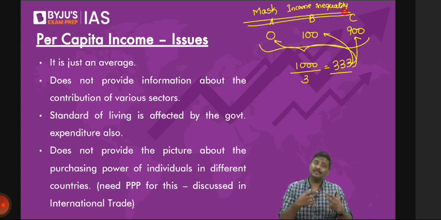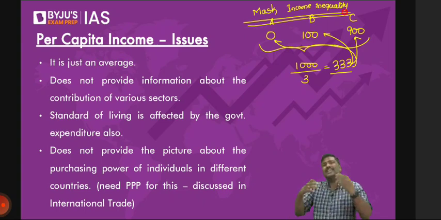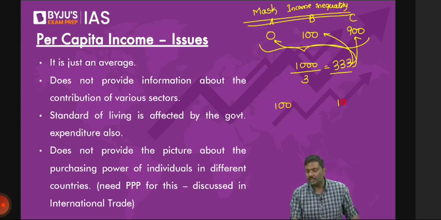Have a look at this. Can I say this? Compared to GDP, per capita income is a much better indicator, because that is telling you on an average how much all of us are earning. Again, some of you are confused here. Have a look at this very carefully. Imagine your GDP increases from 100 rupees to, let's say, 120 rupees.